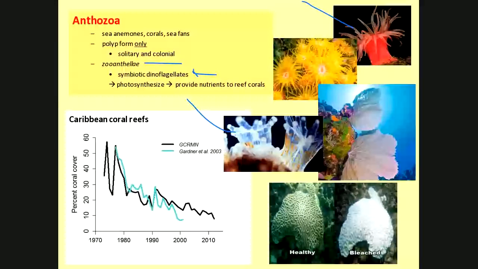But in this odd thing that we don't quite fully understand yet, when corals feel stressed, they expel the zooxanthellae, or the zooxanthellae leave the corals. They go out into the water. And so the color of coral comes mostly from the symbiotic dinoflagellates. So when they lose those dinoflagellates, they become bleached. Now, is that a problem for the coral? Yeah, you betcha it is. It is definitely a problem for the coral.